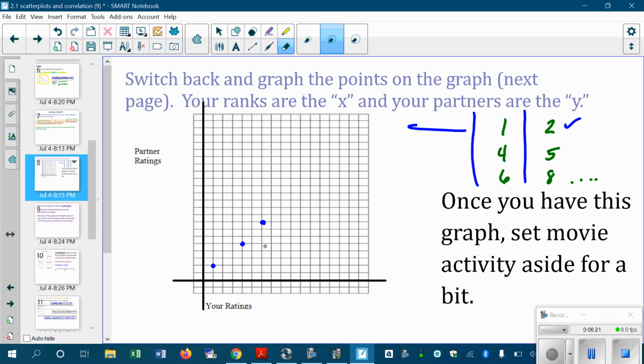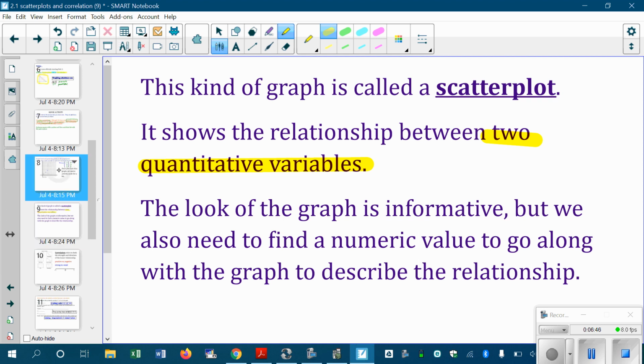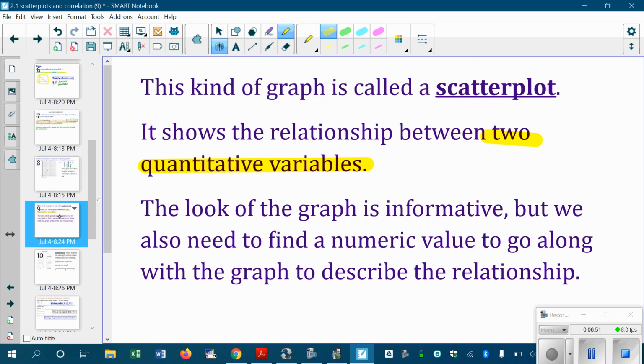And I'd like to point out to you that the graph that you're making is called a scatter plot. A scatter plot shows the relationship between 2 quantitative variables. So we pointed that out in the introduction, that for each dot on a scatter plot, you would need to have an ordered pair, something comma something. So you need to have 2, and they have to be numbers. Now the look of the graph is interesting, right? So like my graph so far looks like the dots are going uphill to the right. That's interesting. But we also are going to look at a numerical value that's going to describe this relationship, because